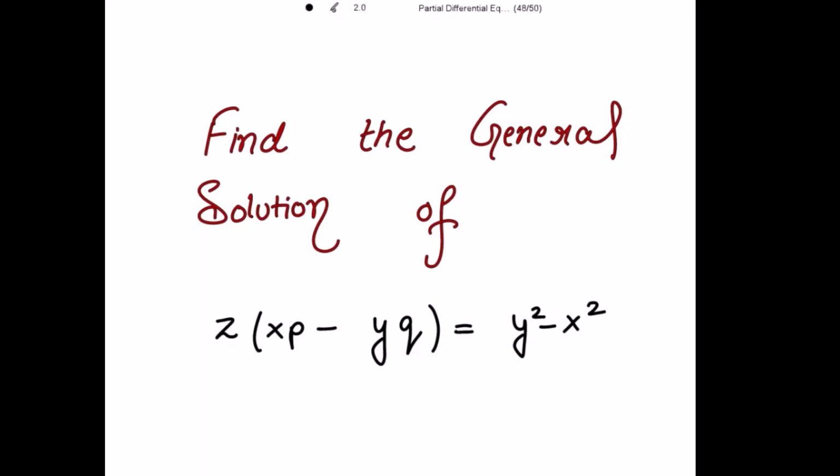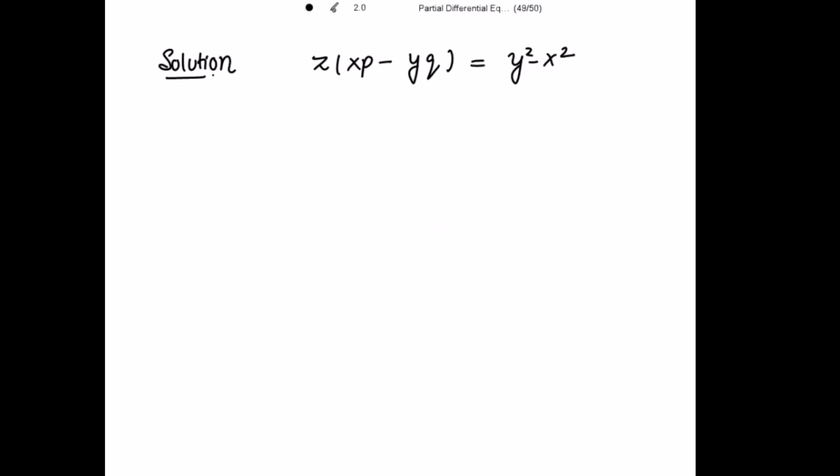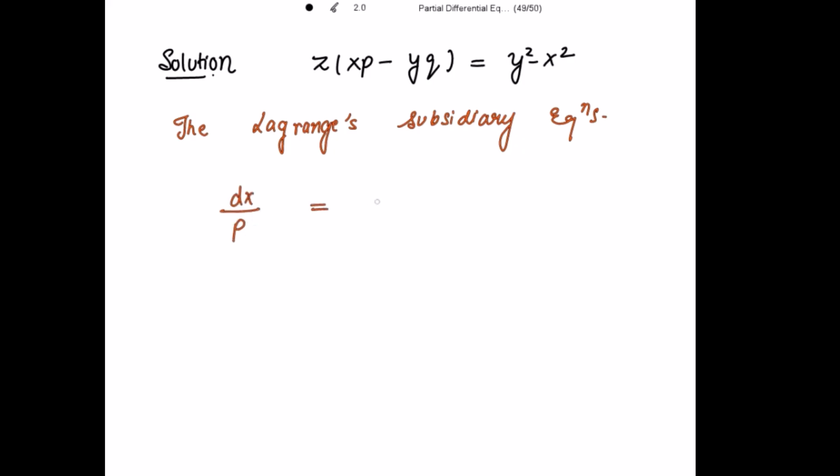We need to find the general solution of z x p minus y q equal to y square minus x square. So we have to write the Lagrange subsidiary equations first. The Lagrange subsidiary equations, and the equations are dx divided by capital P equal to dy divided by capital Q equal to dz divided